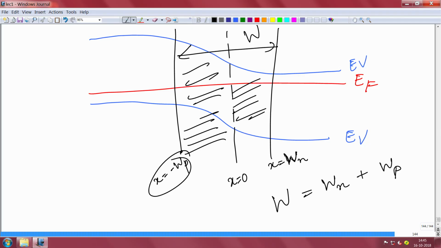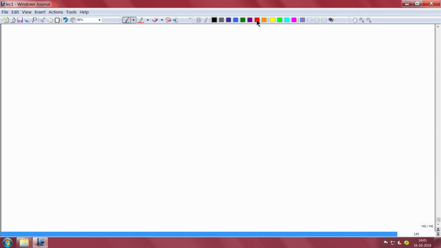We want to know what is the depletion on the n side, what is the depletion on the p side. Those are very important terms that will actually decide how the device performs. That will decide how the device performs. That is also intricately connected with something else. Again I will draw it.